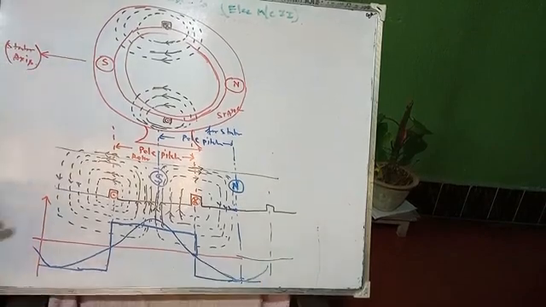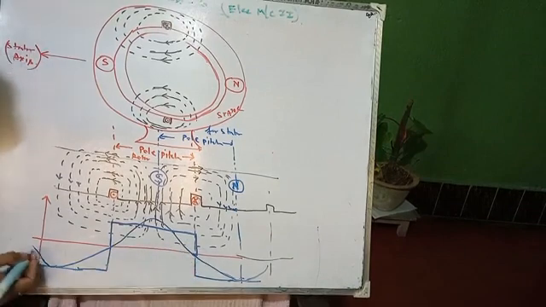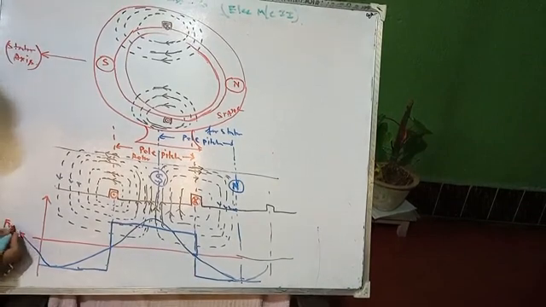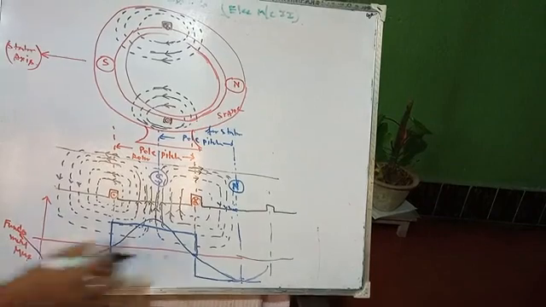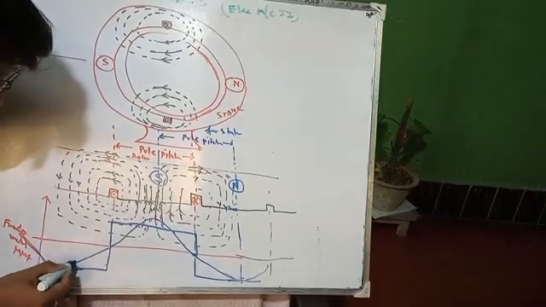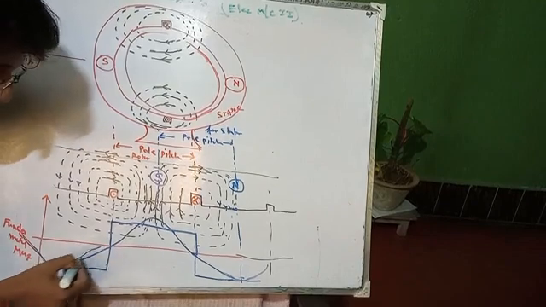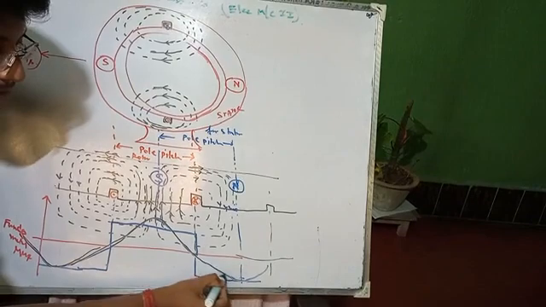So at the south pole, these are the fundamental MMF. It has some frequency part also, so I am neglecting the frequency part. The fundamental of this MMF looks like it will be maximum at the north pole, negative maximum at the north pole, and positive maximum at the south pole, and again negative maximum at the north pole.